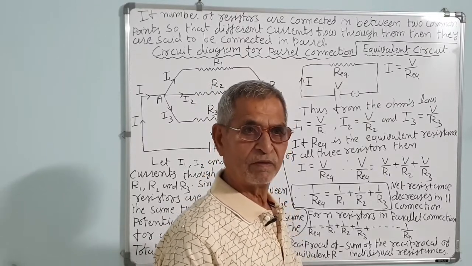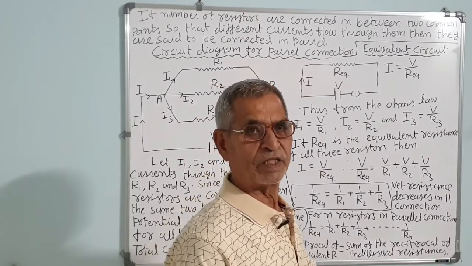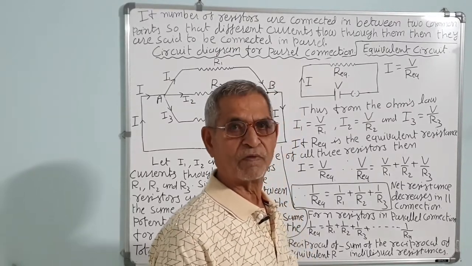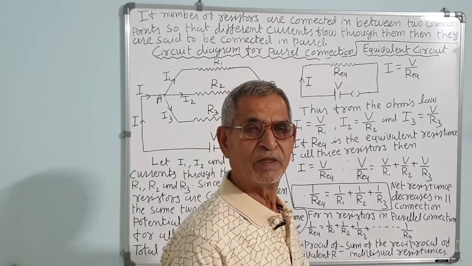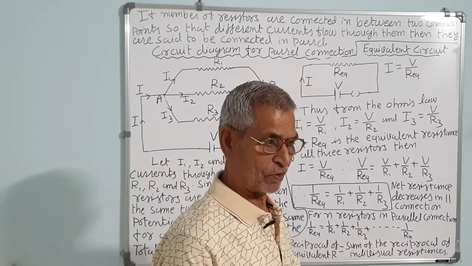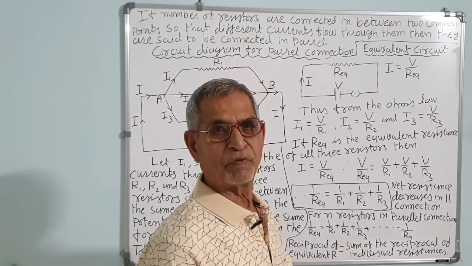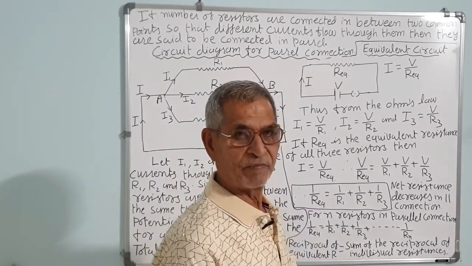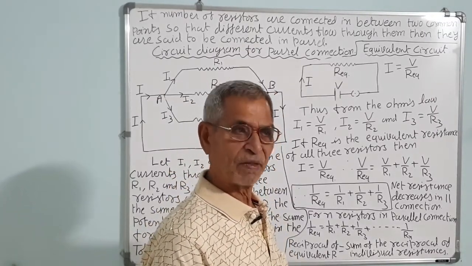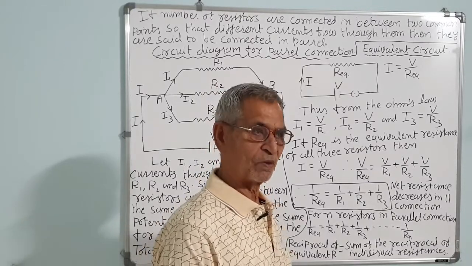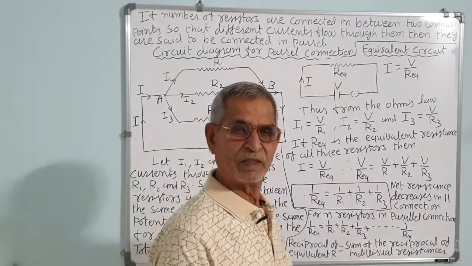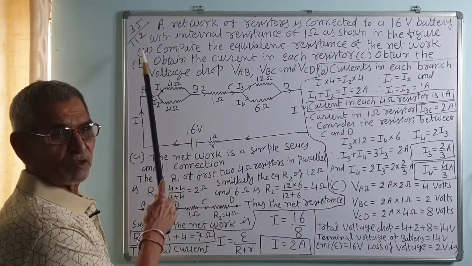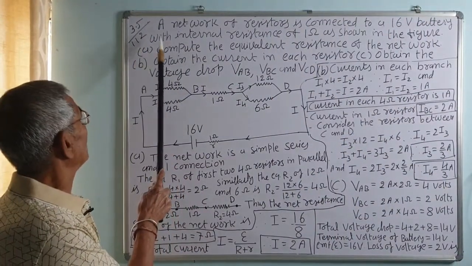You will connect them in series. In series, as we have seen, R is equal to R1 plus R2. The net resistance is equal to 2 plus 2, that is 4, what you want. Similarly, if you want a 1 ohm resistance from 2 ohm resistors each, then you will have to connect them in parallel. So, 1 upon 2 plus 1 upon 2 is equal to 1 upon R, that is R is equal to 1. Example 3.5 is the solved numerical on page number 112.